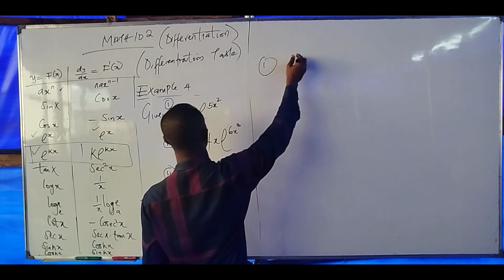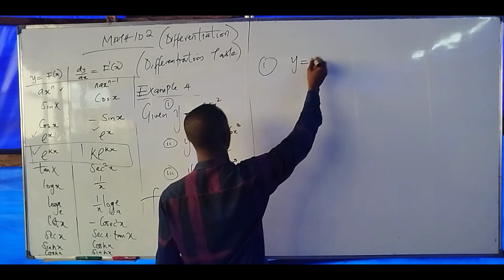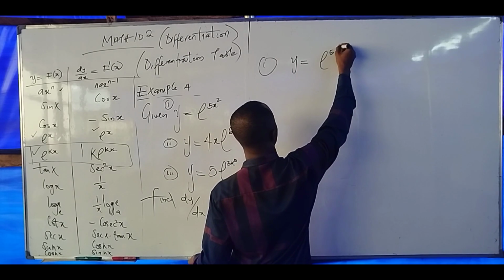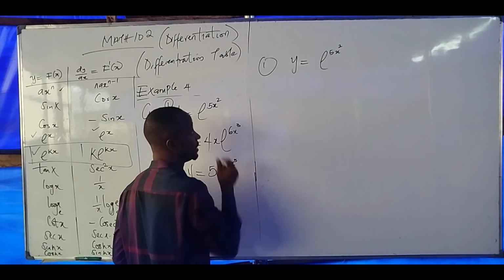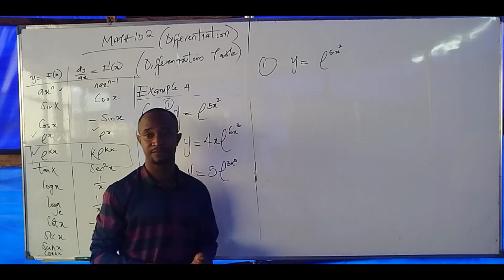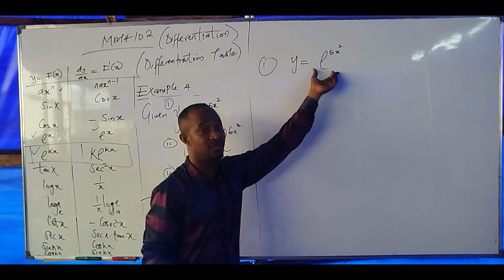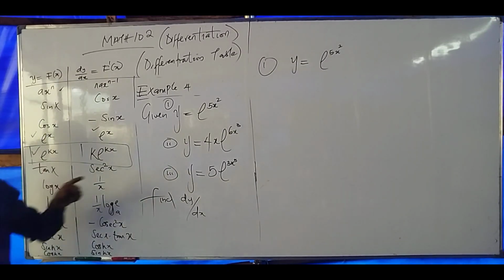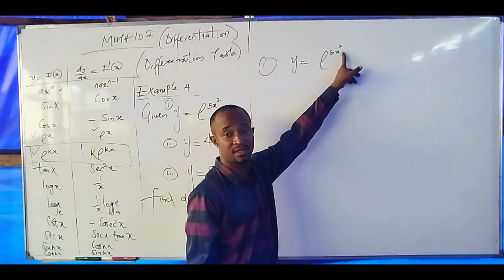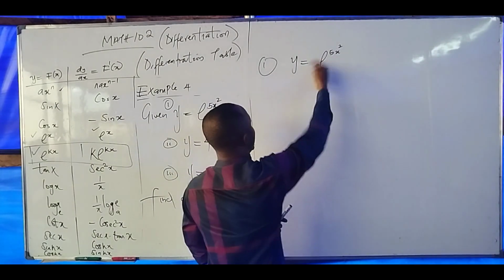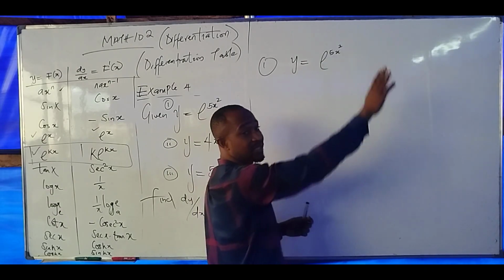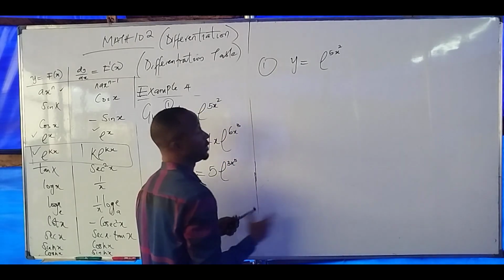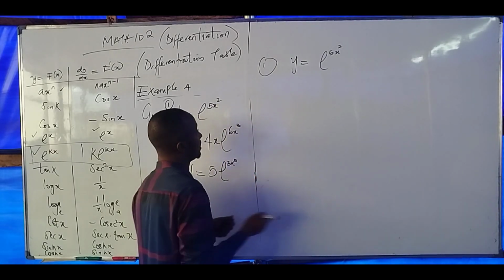The first one, we are told that y equals exponential 5x squared, right? Are you there? Now, look at it. Listen. This expression is not the same as this. Are you aware? Why? Because we have a square here. So I cannot say it is 5 exponential 5x squared. It's wrong. Are you following? So I have two ways, but let me use the first method, which is the